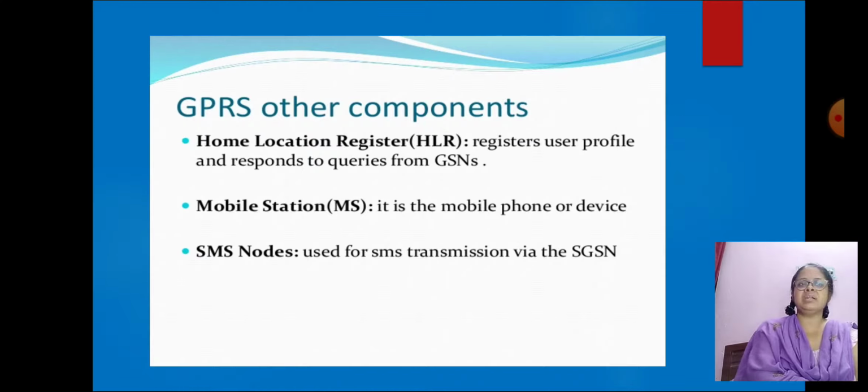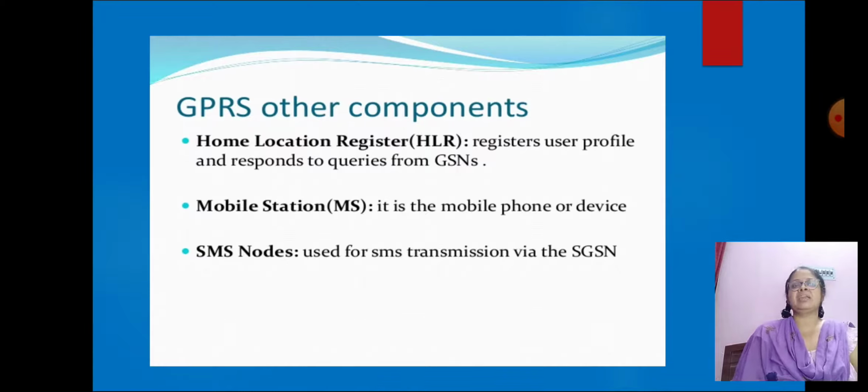VLR is a database which contains information about subscribers currently being in the service area of the MSC and VLR, such as the identification number of the subscriber, security information for authentication of the SIM card and for ciphering, and services that the subscriber can use.